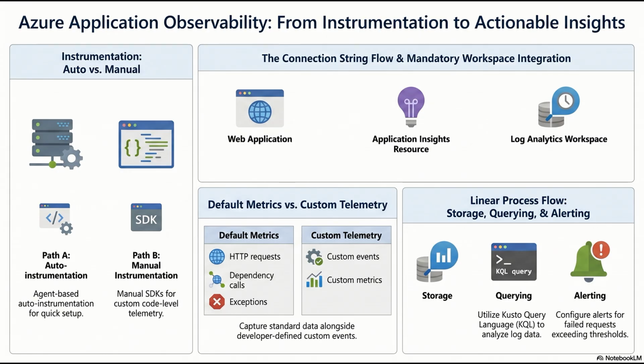Okay, so the agent is sitting on the VM, scooping up all the CPU and syslog data. But an agent is really just a collector, right? It has no real memory. If that VM dies, the agent dies with it, and the data on that local disk is just gone. Poof, gone. Right, so where is it actually offloading this data to keep it safe? Where is the permanent brain of this operation? So that telemetry needs a centralized, durable storage layer. In Azure, that central repository is called the Log Analytics Workspace.